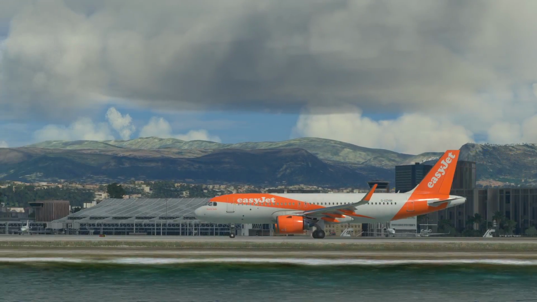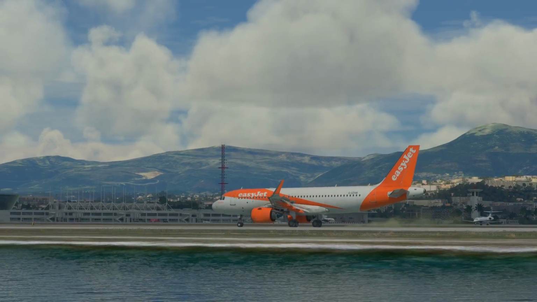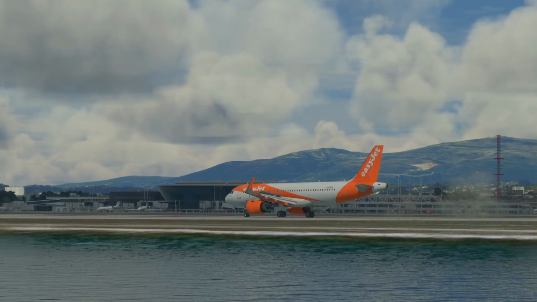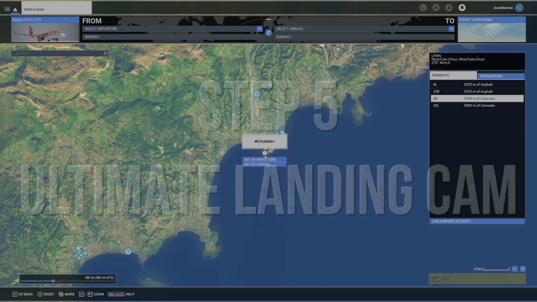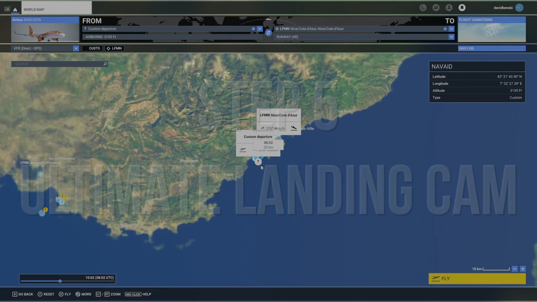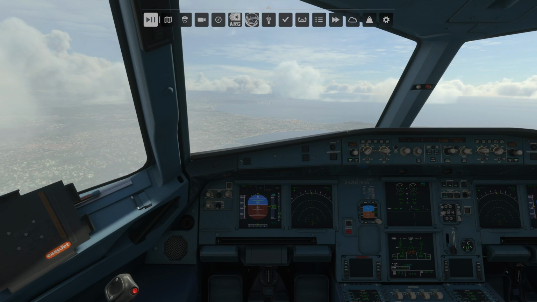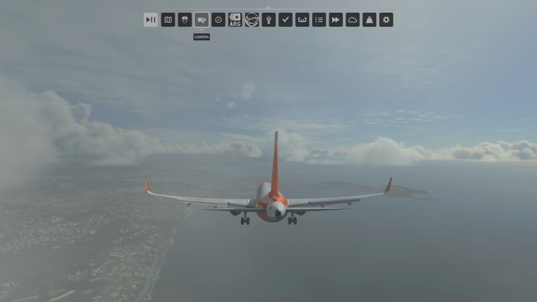Of course, you need to prepare your aircraft the best way possible, because as you can see, there is a bit of dust here behind the aircraft, so I guess my aircraft is not on the runway anymore. But here I'm going to show you the ultimate way to do your landing camera. So you just select an airport you want to land, and okay, and you press pause. Okay, you pause the simulation, because from here we are going to do exactly the same.